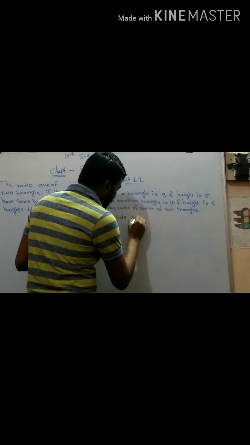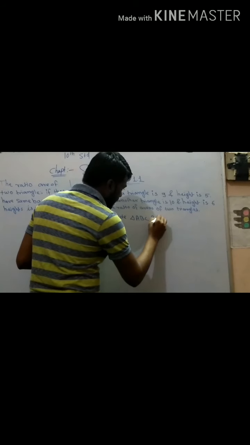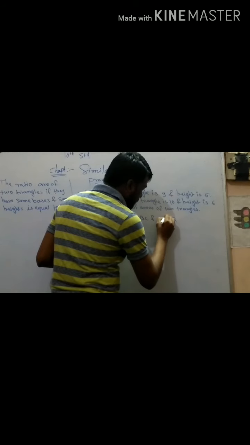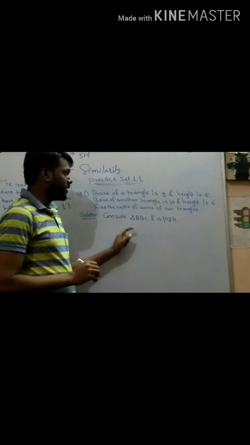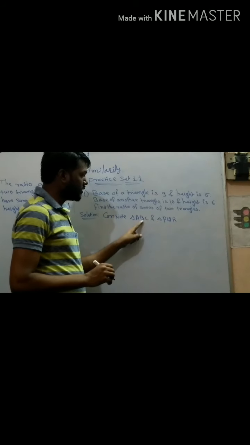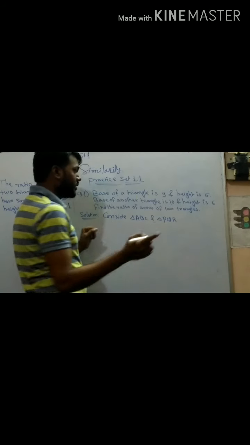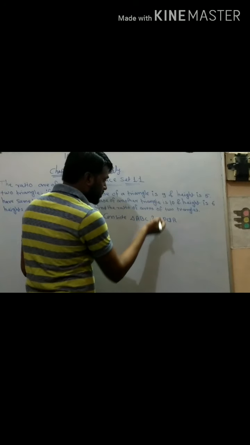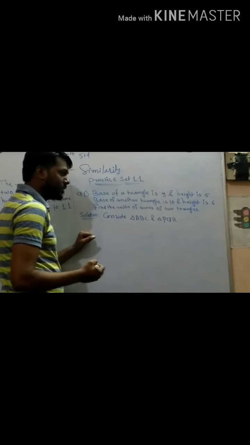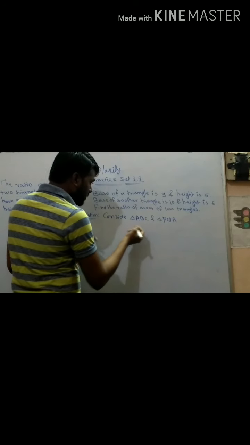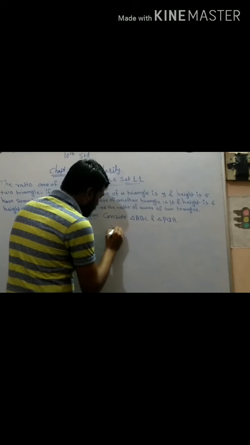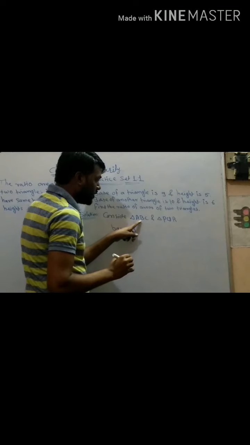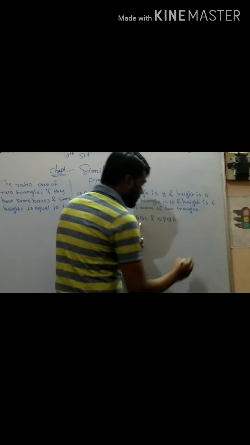Consider the first triangle ABC, where the base is 9 centimeter. B1 you can also write in short. And the second triangle, consider triangle PQR. I consider both triangles. So here we write down the base of the first triangle. What is the first triangle's base? Base is 9. There is no unit given, so you can write only 9. So base 9.